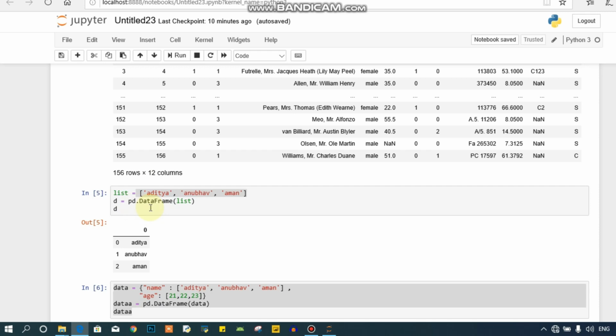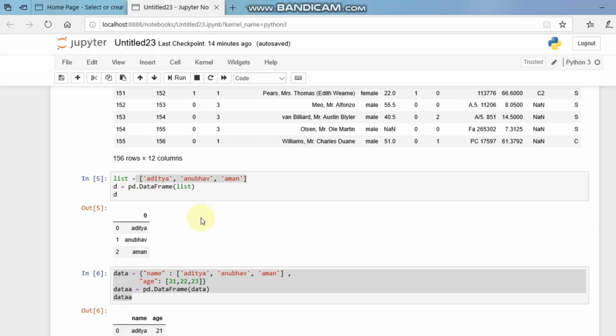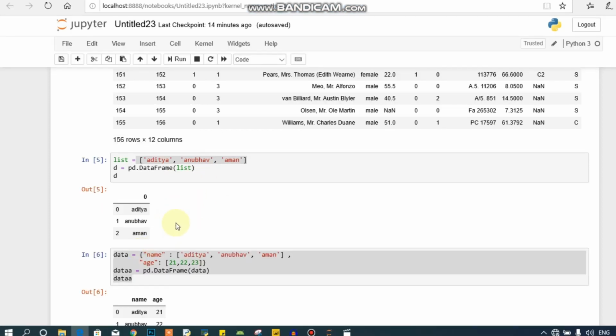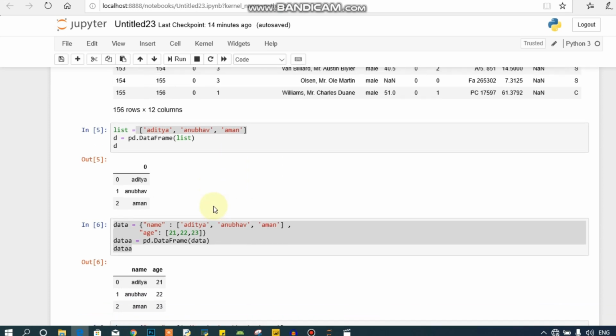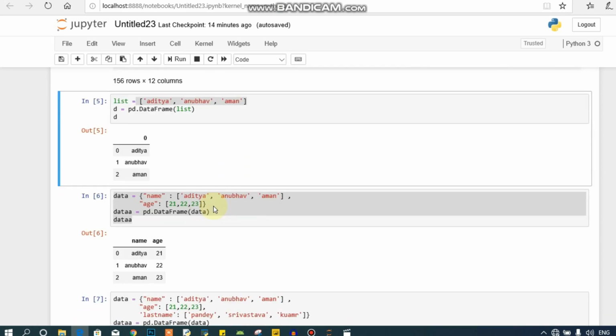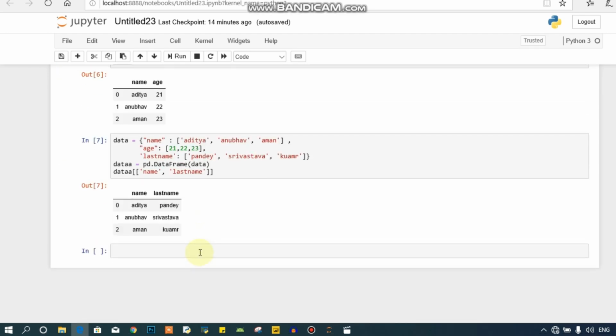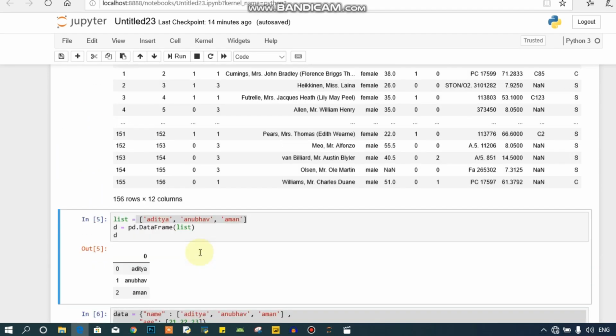We just need to pass the list inside pd.DataFrame, and our data frame will get created. And for creating a data frame using a dictionary, we use these simple steps.